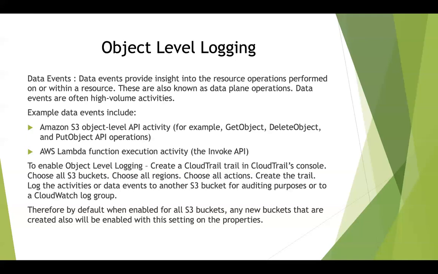To talk more about API activity, every action or every click that you do on the console is an API activity. In fact, each and every API call that you do with the AWS CLI, like aws s3 ls or aws s3 mb to create a new bucket, or aws s3 ls with a specific bucket name to list all the objects within that bucket, these are also API activities. So all of these API activities, whatever you do on the console or on the CLI, are being logged through a service called CloudTrail.